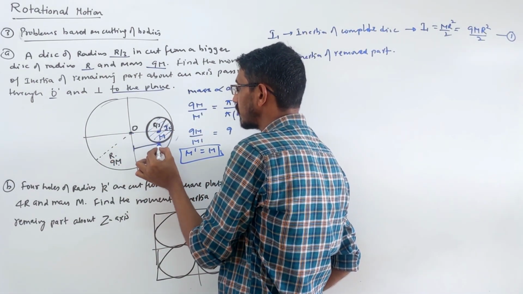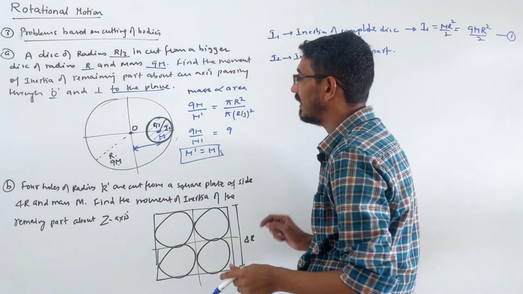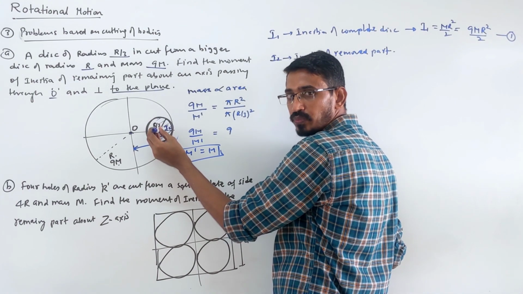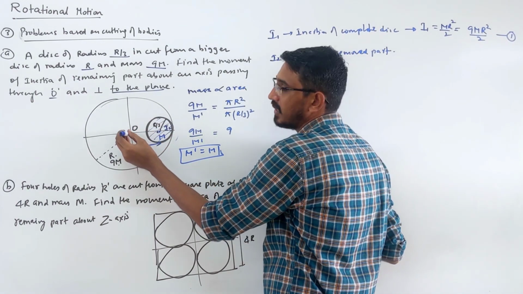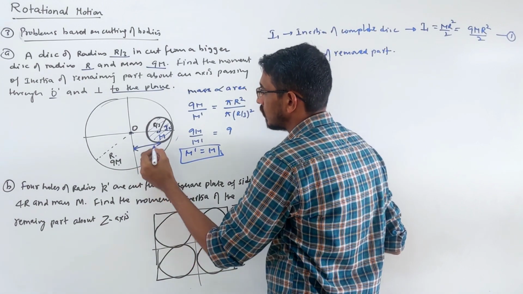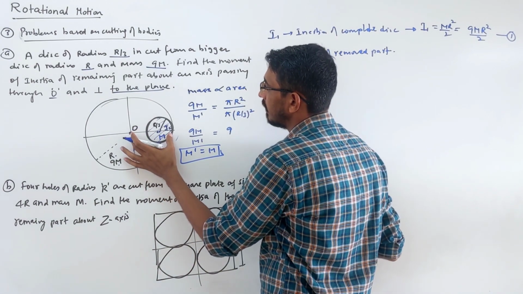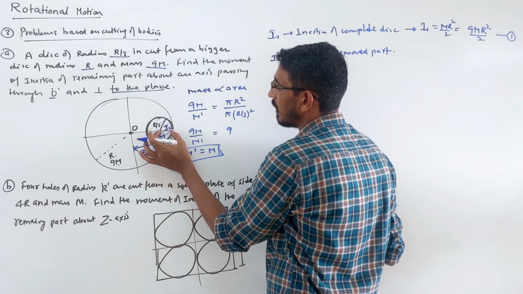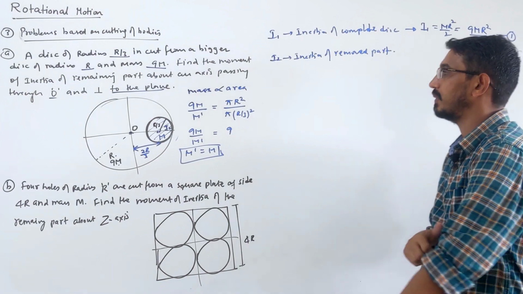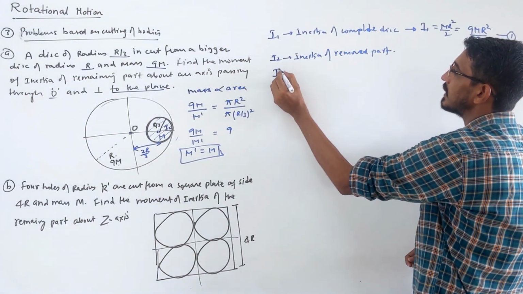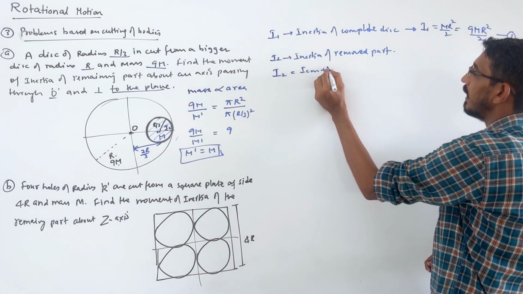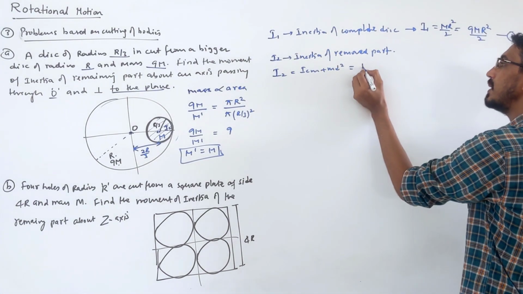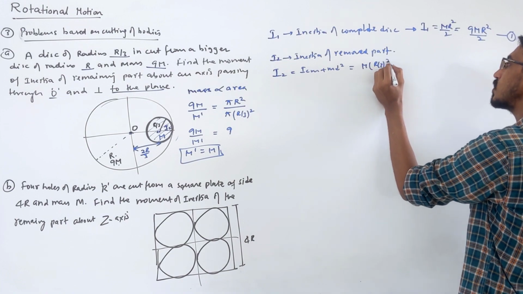So we apply the parallel axis theorem. First, we need d, the distance, because you have to apply the parallel axis theorem. About this axis we know it is again Mr square by 2, and we have to find it about that point. So that distance is: this is r, that is r by 3, so the distance becomes 2r by 3. Parallel axis theorem: ICM plus MD square. ICM is Mr square by 2, where M is m and r is r by 3, so m times (r by 3) square by 2.